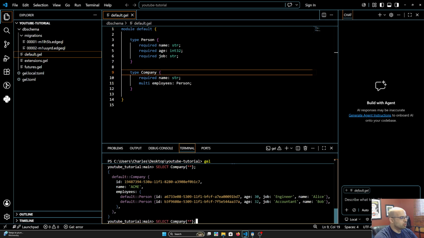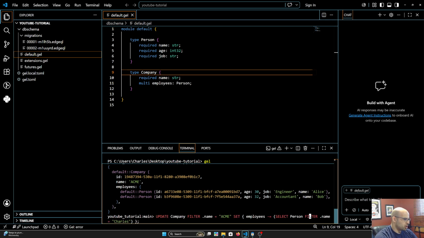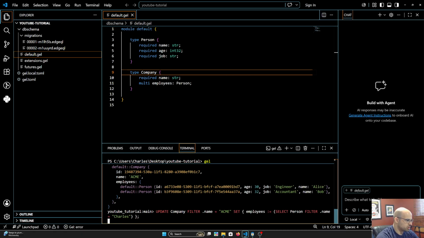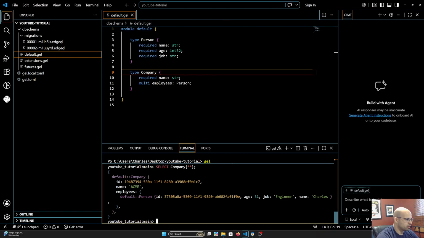And then for the last part, I'm pretty sure this is how this works. It'll just set employees to that specific thing, and then I do select company, and then yeah, it'll set it to that exact query. You won't have to say plus equal or minus equal. You just say set it to that. So that's how to do